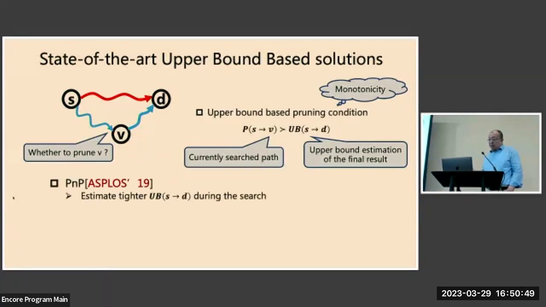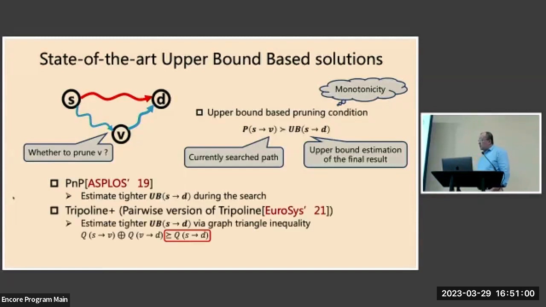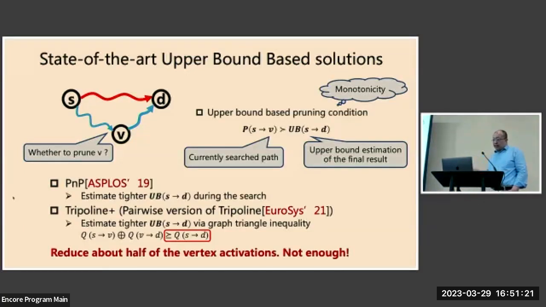For example, the PnP paper estimated a tighter upper bound dynamically during the search, and they also try to decide whether to search from the source or the destination. Another system called Tripoline is a single source query system. It tries to get a better upper bound by the triangle inequality. In this paper we modify the system to perform the pairwise query. Based on this method, it can roughly reduce about half of the vertex activation, but we show in this paper